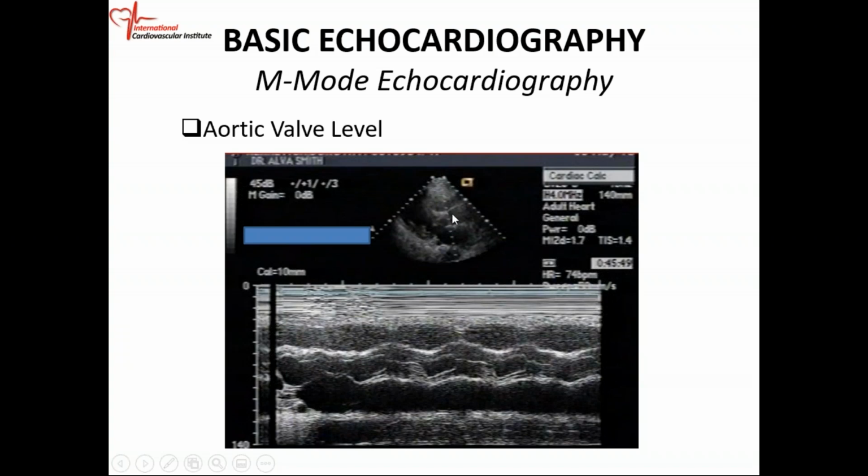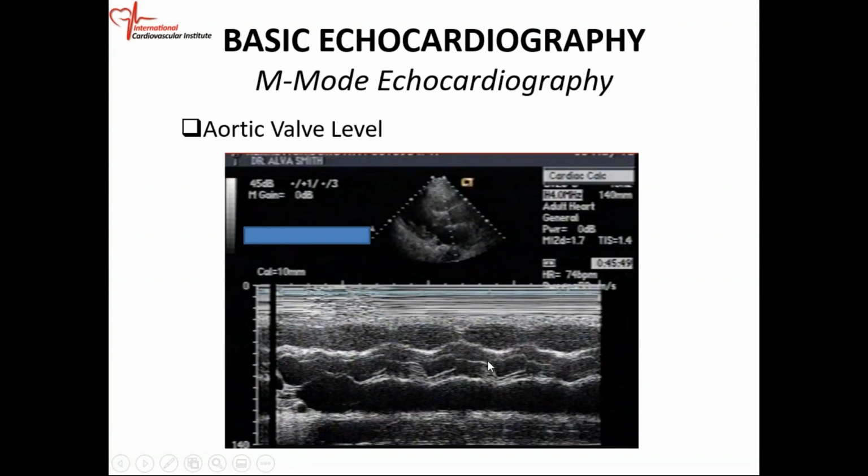Inside of the aortic wall, you have the aortic valve. So this is what the aortic valve looks like. The aortic valve opens into a triangular or box-like configuration, and it closes with a single line usually. Okay, so the aortic valve opens in this triangular configuration. The aortic valve opens in systole and it closes in diastole.